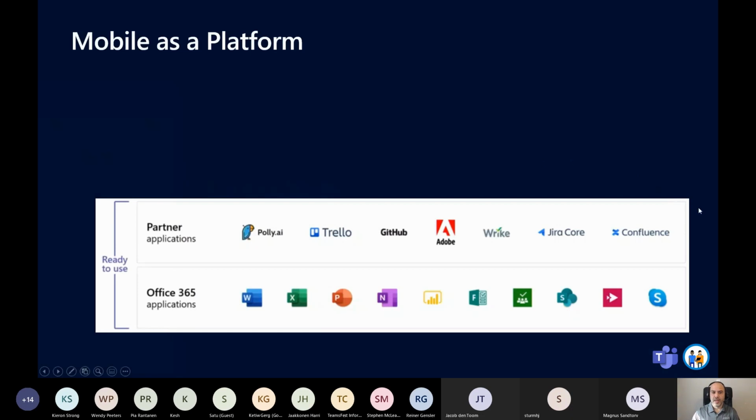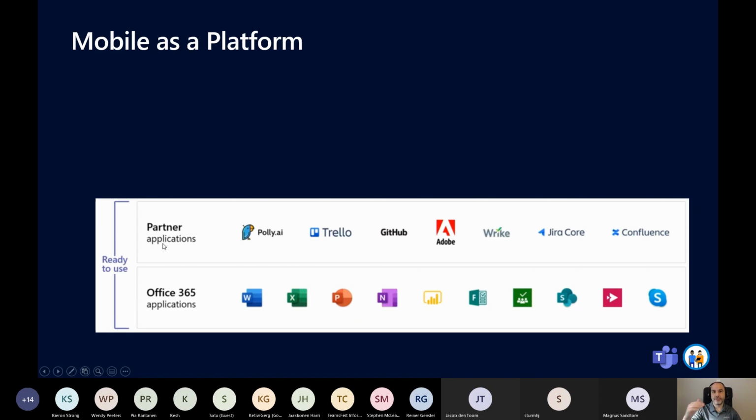So if you think about Microsoft Teams, there's a concept of connectors. You can actually add connectors, or as you would normally see them as tabs, or in channels, you can have connectors into your chats, into your tabs, to bring information from different sources. You can bring in a single document, you can bring in a video feed, you can embed a SharePoint page. And then there's third-party partner applications that also offer integrations with Microsoft Teams.